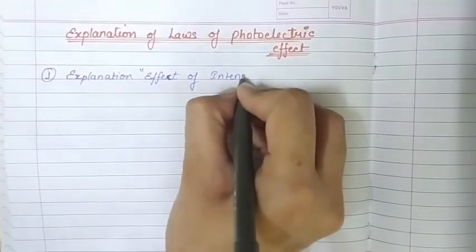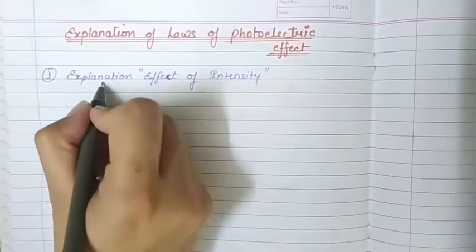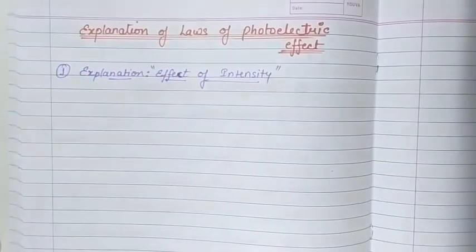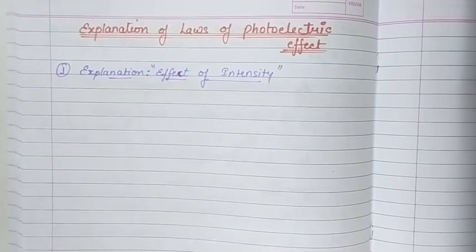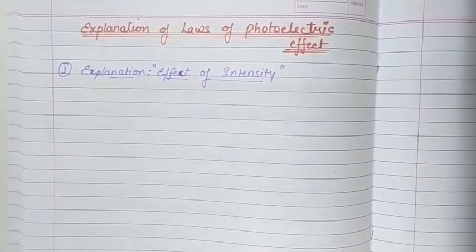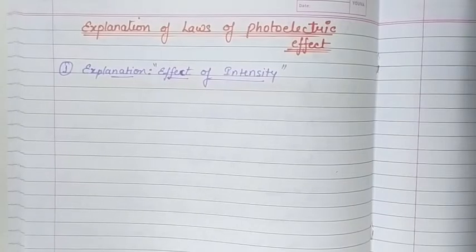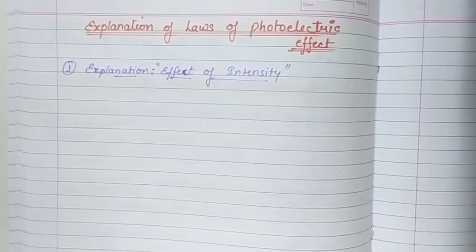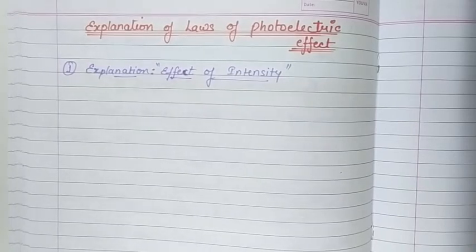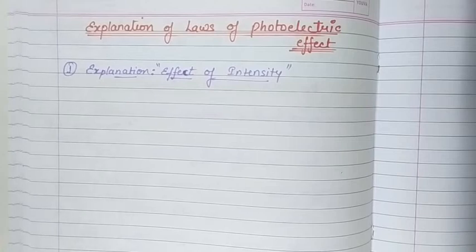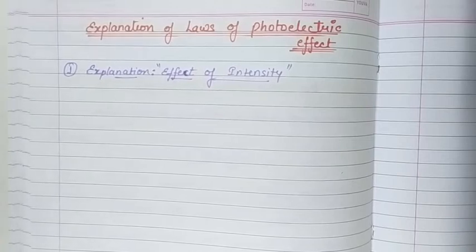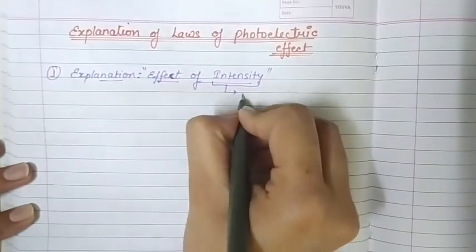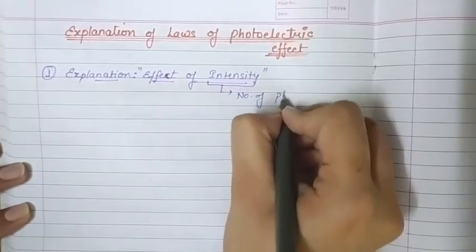So we are going to explain the effect of intensity. Now, intensity means the number of photons that are striking the metal surface per unit time, right? So if we say we are increasing the intensity, we mean that we are increasing the number of photons that strike the metal surface per unit time. So by intensity we mean the number of photons